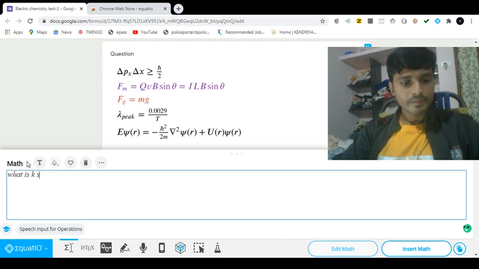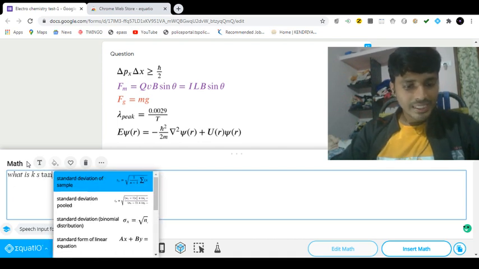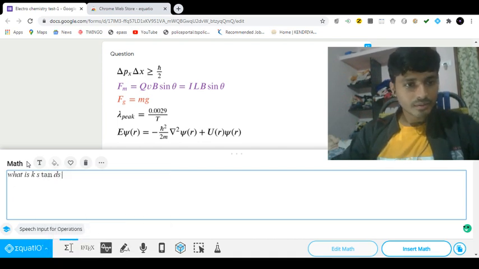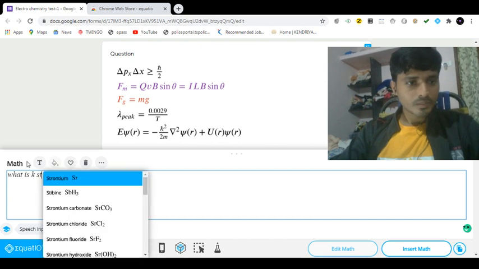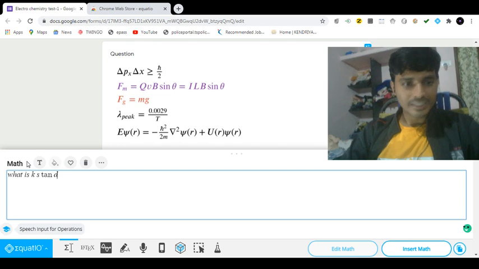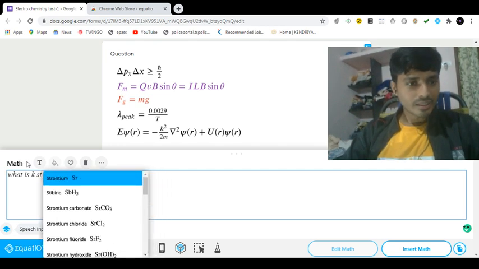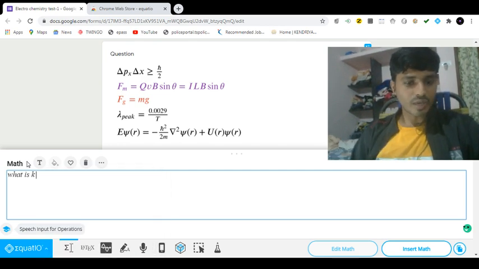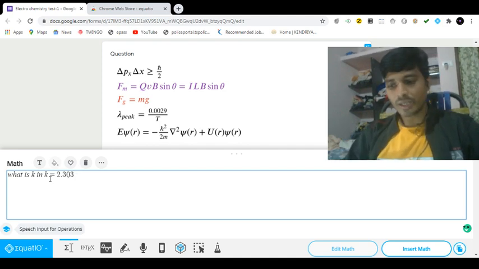what is K stands for. This is taken in maths, what is the formula. So you write what is K in, K is equal to 2.303 by T, and we want to divide it, right?